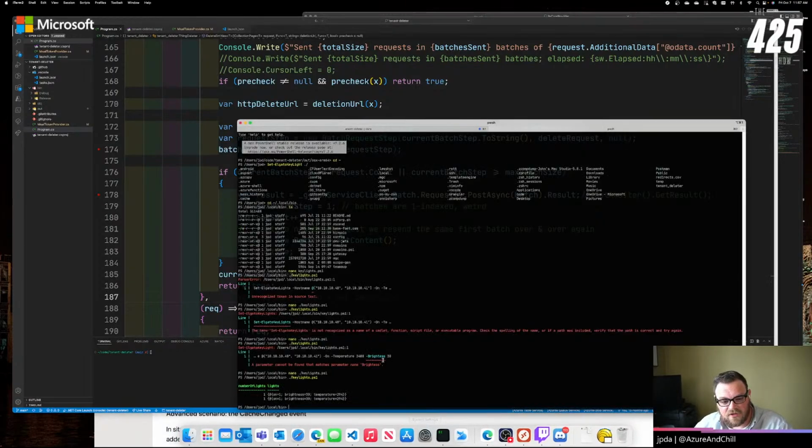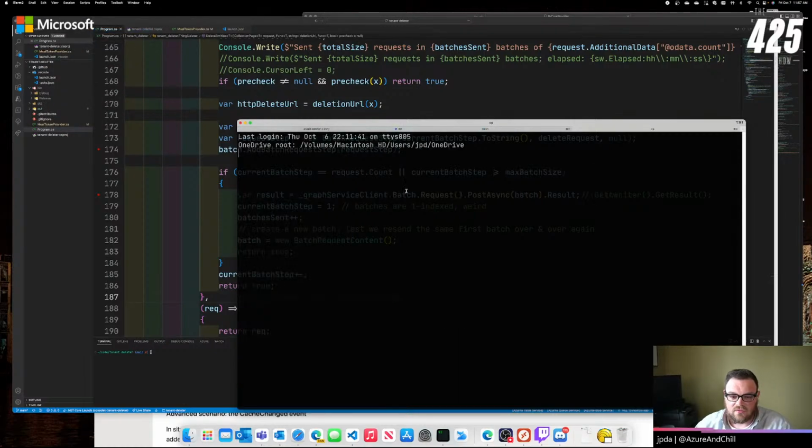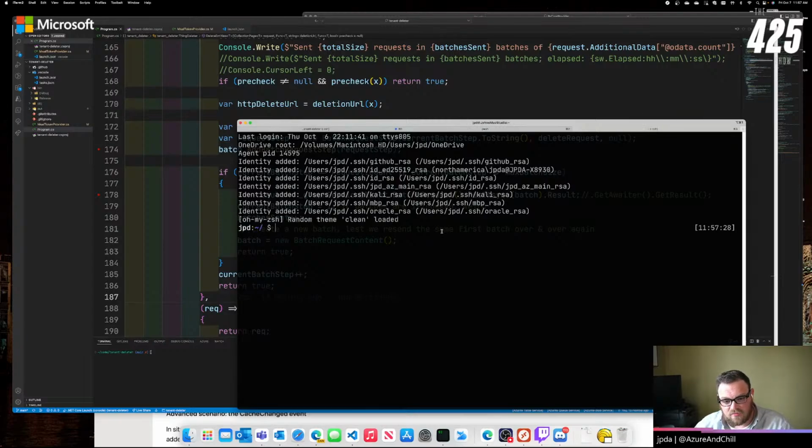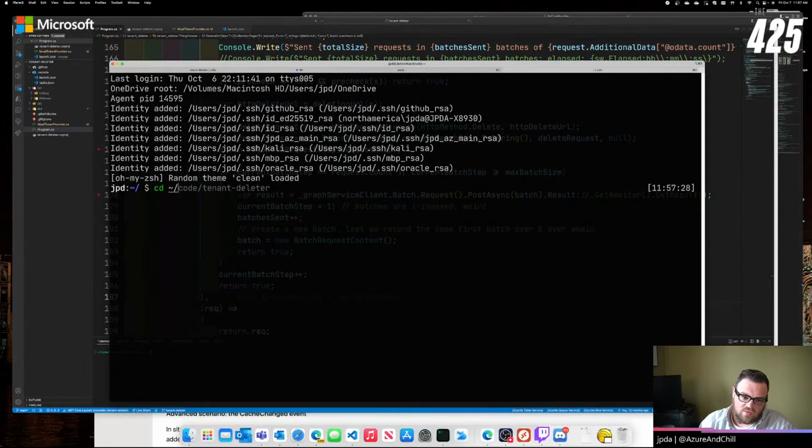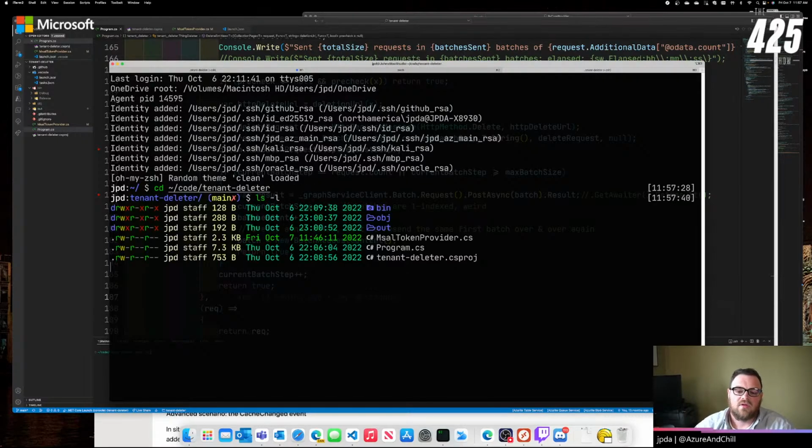Now, in our test tenant, let me get a new thing here. Let's go to our code. We've got our tenant deleter, right? Now, I've already got my tenant ID in here, so let's just do a dotnet run. This is our tenant ID, right? That's just an argument we're passing in, and if we run this,